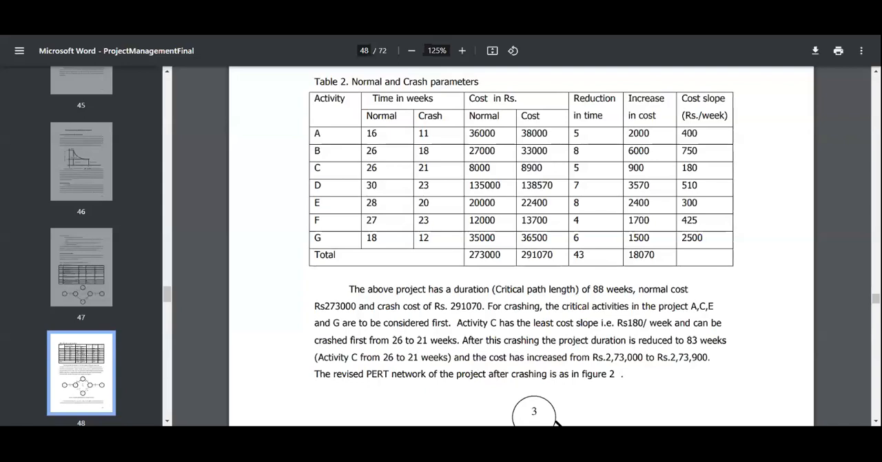And the cost has increased from 2,73,000 to rupees 2,73,900. Okay. So the required GRT cost of project after crashing is as a figure. Next figure is